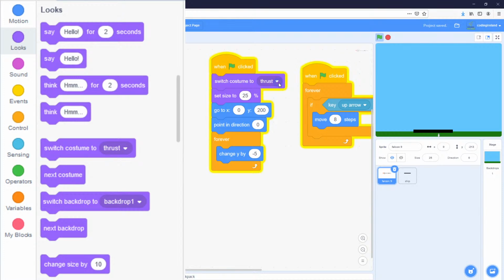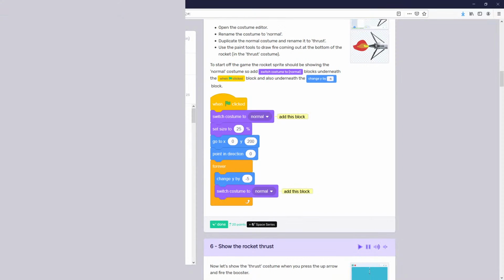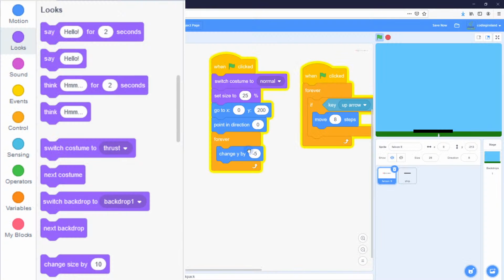It doesn't really matter which one. And we want to say normal. So it starts off at normal. And also when it's falling down, we want it just to be normal again, because you might change it. So let me get another one of these, and inside the forever block. So you're bringing in two switch costume to normal, one underneath the green flag and one inside the forever underneath